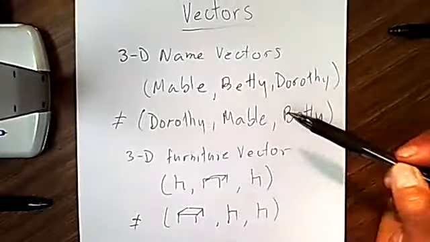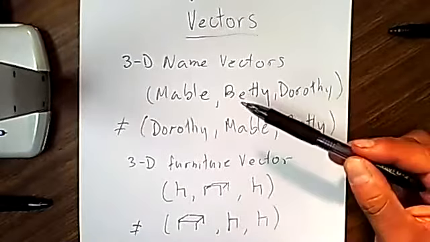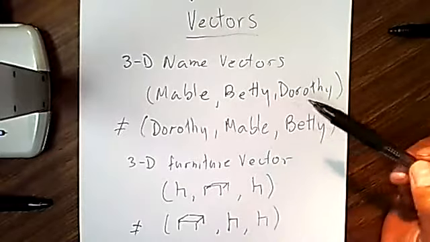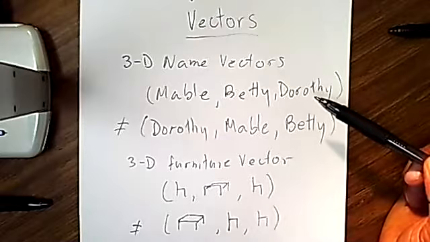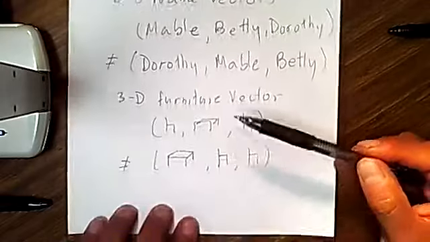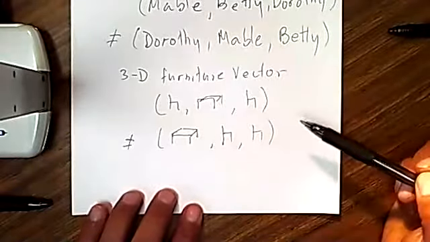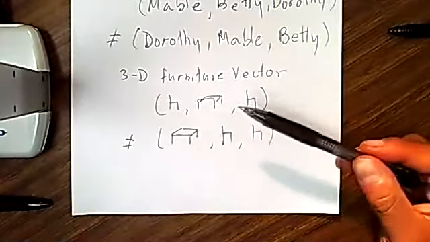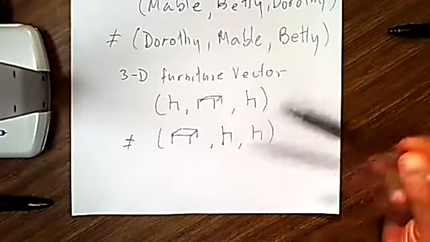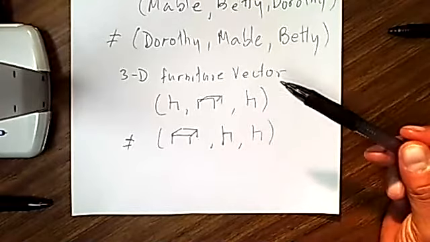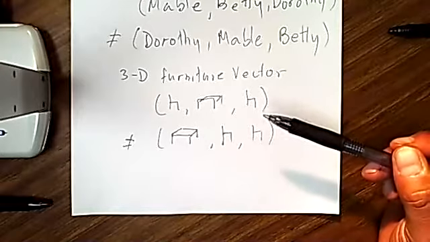With three different elements, such as up here with Mabel and Betty and Dorothy, we could have 6 different vectors. While here we can have 3 different vectors using 2 chairs and a table. Now, if we have 2 tables and a chair, then that is another set of 3 different vectors. All right, but we're going to talk about 3D